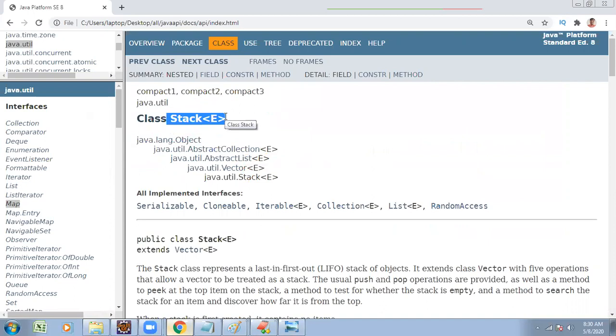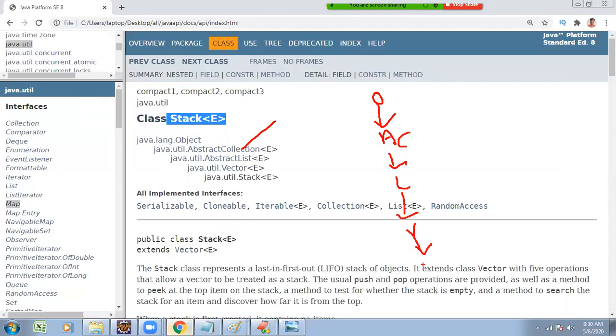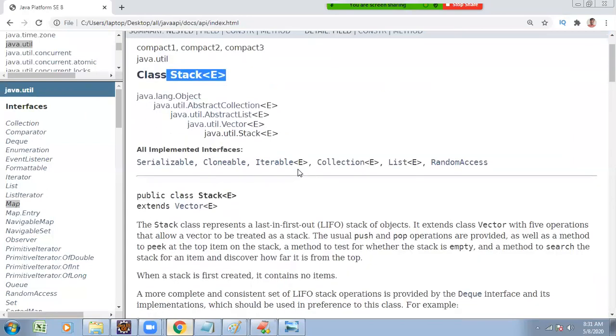Vector. What is the superclass for Vector? Abstract classes. First they introduced the Object class, from it the AbstractCollection class, then the AbstractList class, then Vector, and Vector's subclass is Stack. So Stack can inherit all these properties, and all these are superclasses for Stack.